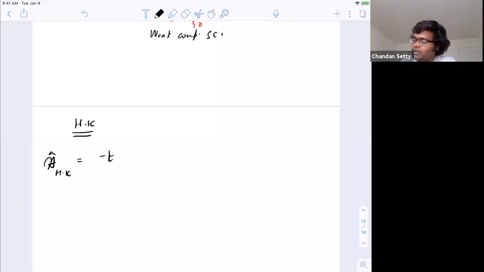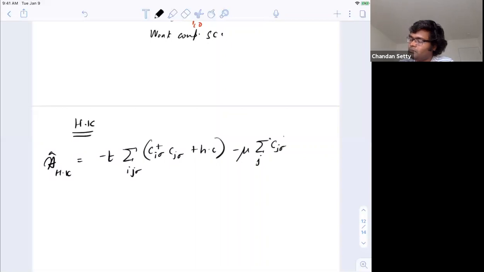So you have a very simple hopping term with a chemical potential. And you have a Hubbard-like interaction